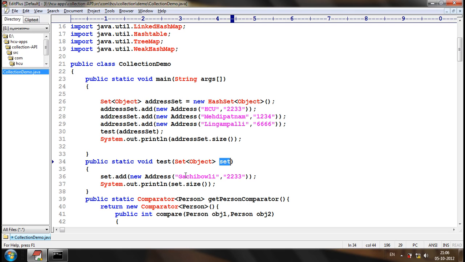And this same generic syntax can be used even for constructors and even for methods also. Here we are using generic syntax for a method. The same generic syntax can be applied even for constructors also. Understood? And next thing is